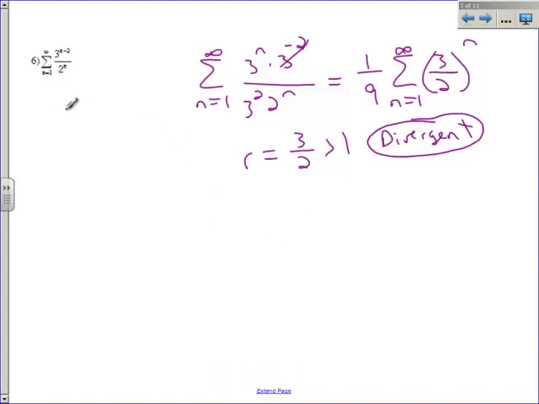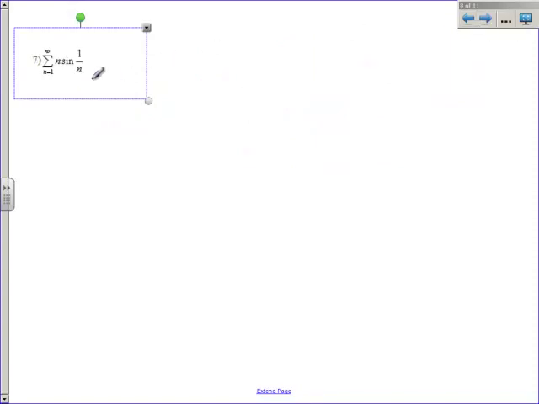Now you might have argued an nth term test here, because the limit as n goes to infinity of something bigger than 1 to the nth power grows to infinity. But this is a divergent geometric series. You could have also said it diverges by the nth term test. Okay, let's take a look at